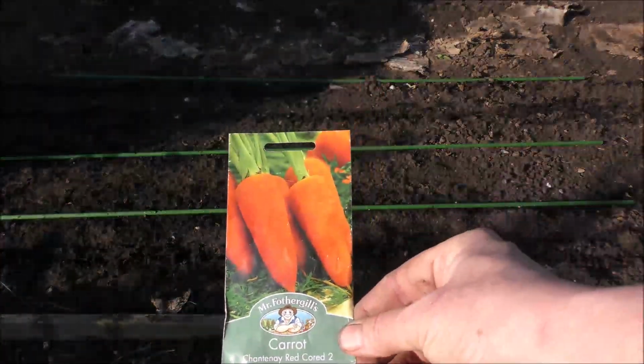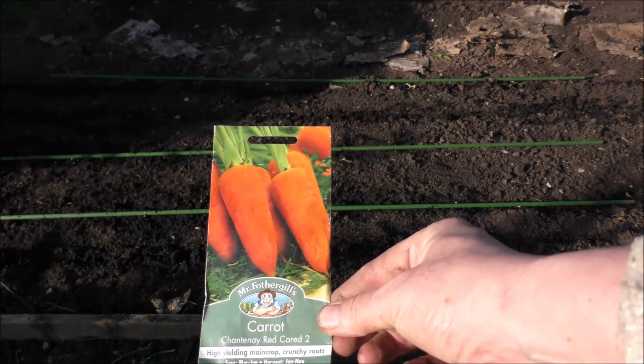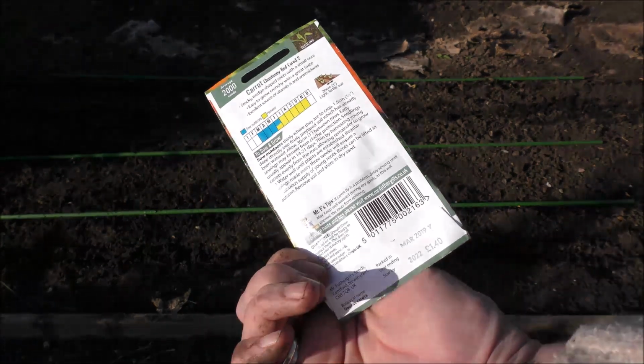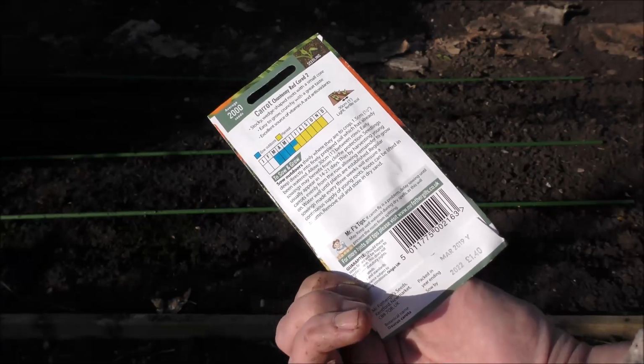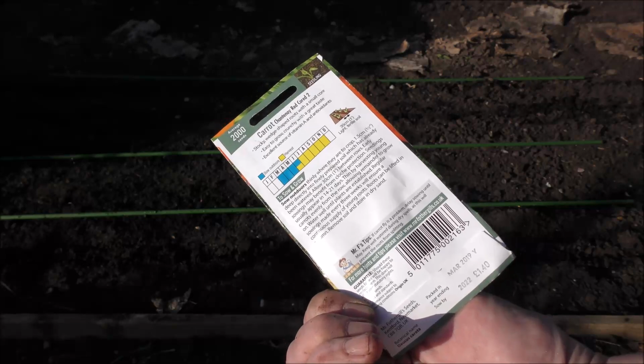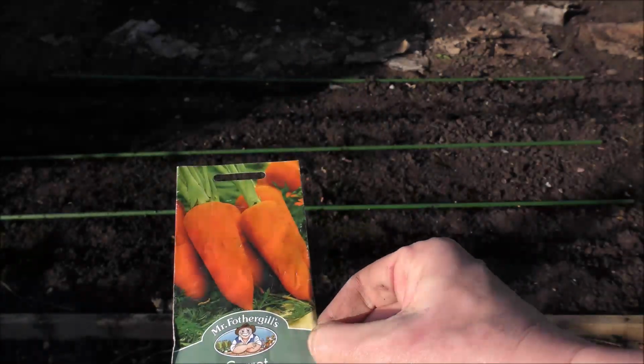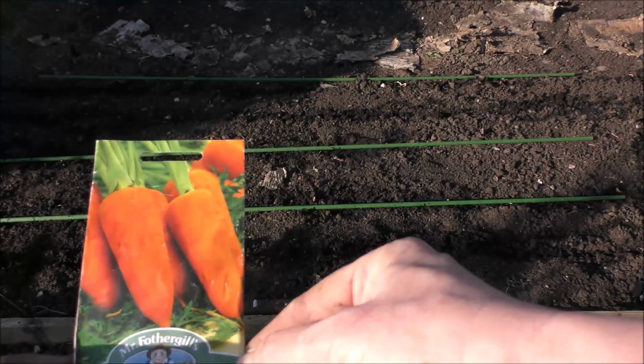We'll just show you the carrot I'm growing, or rather the carrot I'm sowing. It's the Chantenay Red Cord, and I think it's quite shallow. It's one of these quite shallow ones. Here we go. Stocky wedge-shaped roots with a small core, easy to grow, hooray! Crunchy with a great taste. Okay, so those now, if we look, it says there are